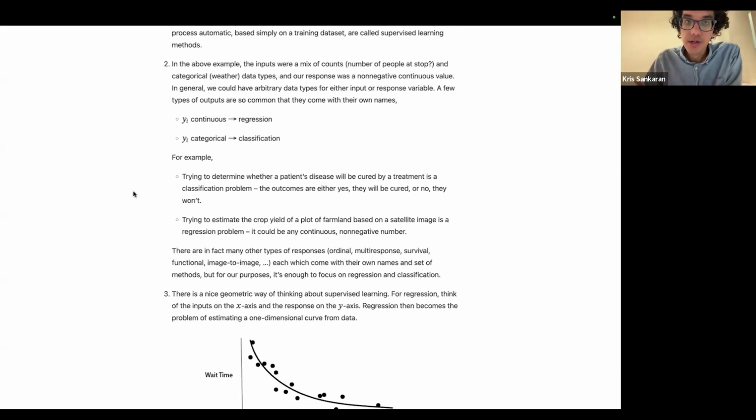Okay, an important distinction is in the types of the variables, right? So if you have continuous data, that would be like, how many more minutes, right? That's qualitatively quite different from having categorical data. That would be like, is it delayed or not? Yes or no. These two lead to different kinds of problems, right? This first one is called regression. The second one is called classification,